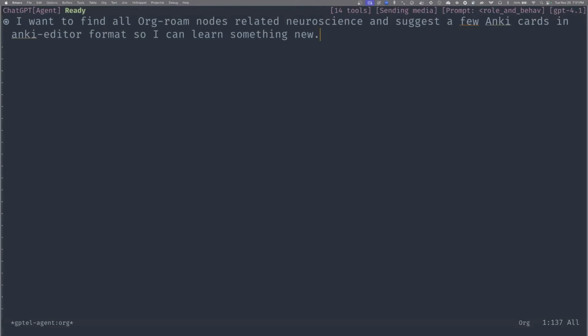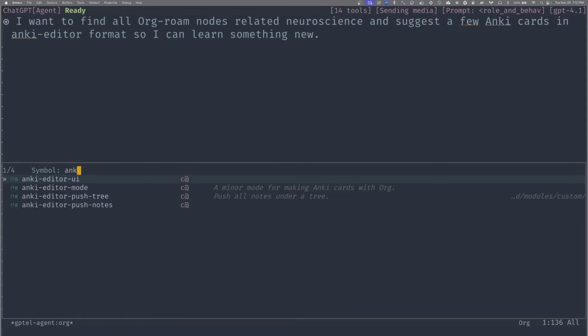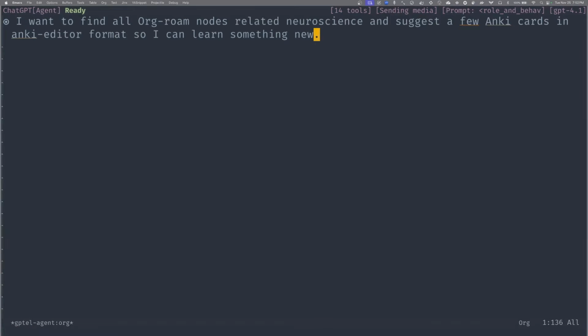Okay, so I think this is a task that's a good fit for the kind of thing you can do with gptel-agent. Now, there are a couple of things that I suggest doing first. It will help if you require anki-editor. The Anki editor is a package, right? Yes, it's already here. No, but is it loaded? I'm not sure if it's loaded. These could be auto-loaded, right? Sure. If you just require anki-editor, okay, that's it.